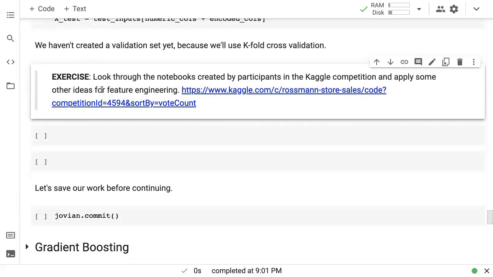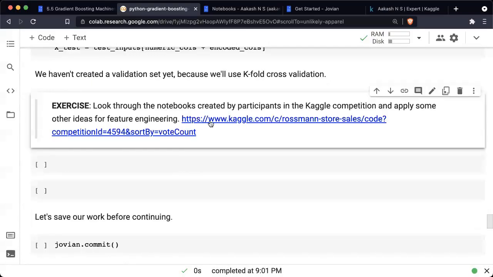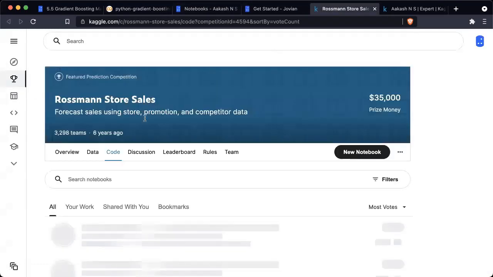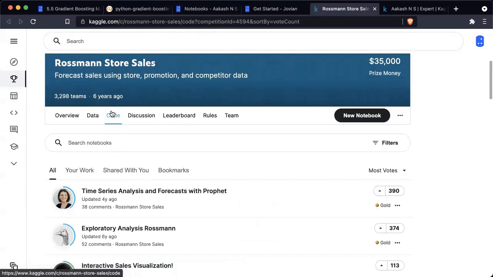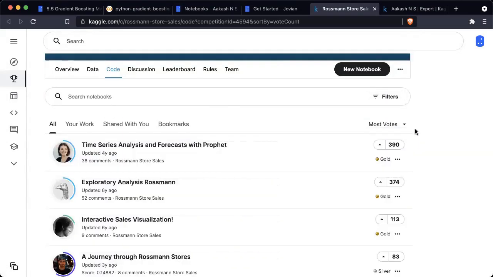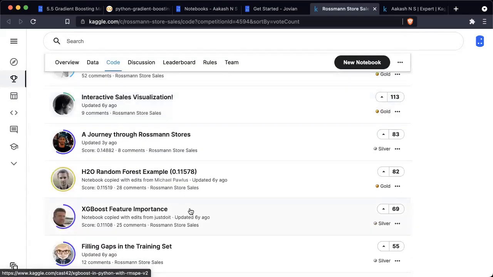And I encourage you to look through notebooks created by participants in the Kaggle competition. You can look through notebooks by going to this link. This is basically the code tab of the competition, and on the code tab, just select most votes to sort by the most popular notebooks and just go through some of these notebooks and see what other kinds of feature engineering people have done.